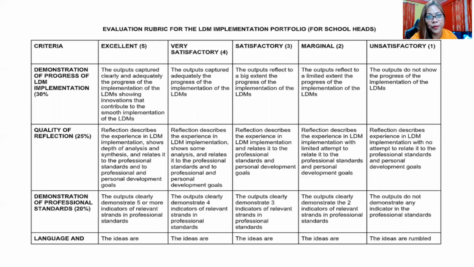Okay. And so this is the evaluation rubric for the LDM Implementation Portfolio for school heads, because we have others for supervisors. So what are the criteria? We have the rubrics: excellent is 5, very satisfactory is 4, satisfactory is 3, marginal is 2, and unsatisfactory is 1. Okay. So what are the criteria? We have demonstration of progress of LDM implementation, which garners 30%, quality of reflection, 25%, demonstration of professional standards, that is 20%,